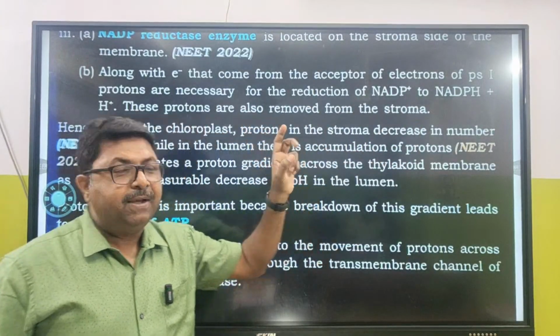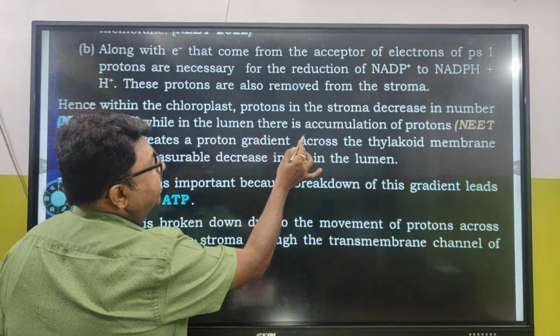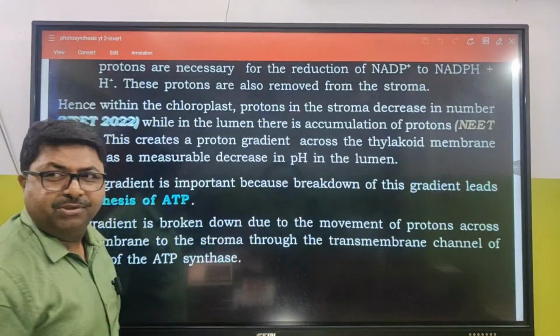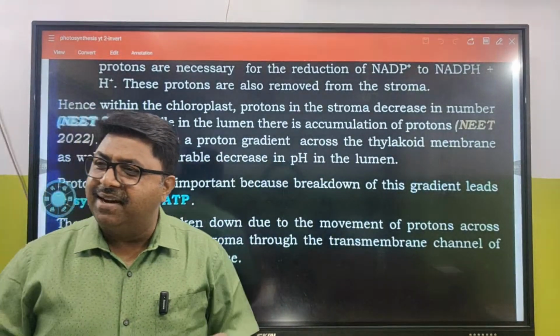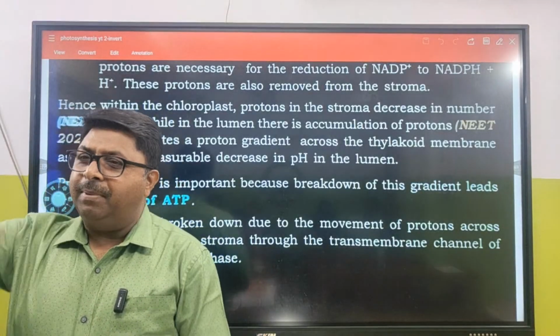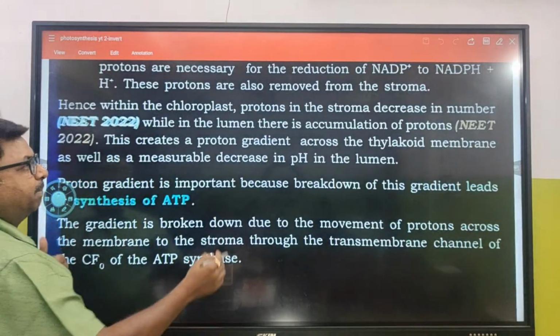Within the chloroplast, the H+ ions in the stroma decrease in number, while in the lumen there is an accumulation of protons. This creates a proton gradient. দেখো, সঙ্গে আইকে নিয়ে। তাহলে পুল তৈরি হলো একবার, তারপরে কি করতে হবে? লক গেট খুলতে হবে যাতে কিনা H+ ion আসতে পারে, and the moment lock gate opens up,